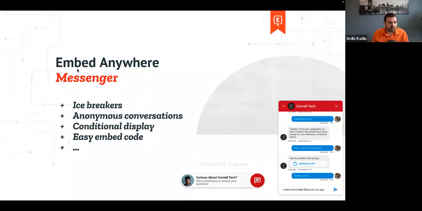So what we did is we're now allowing for anonymous conversations. As part of that, because you're embedding it in other sites, we are now allowing you to have what we're calling little icebreakers, which we're going to build upon to add a lot more capabilities for you to show messages to students. But this is our first introduction to having these icebreakers.